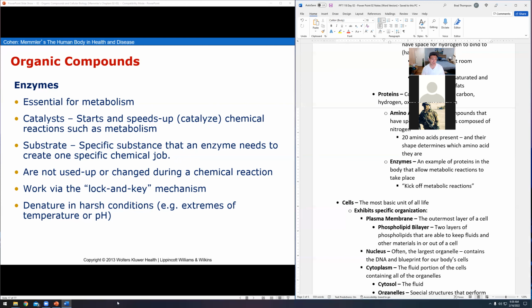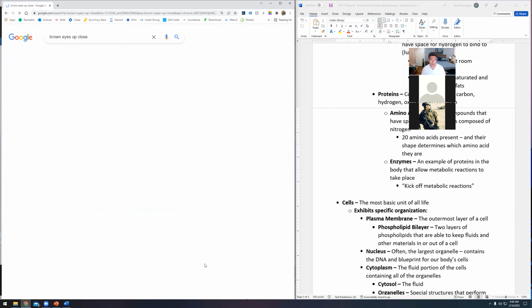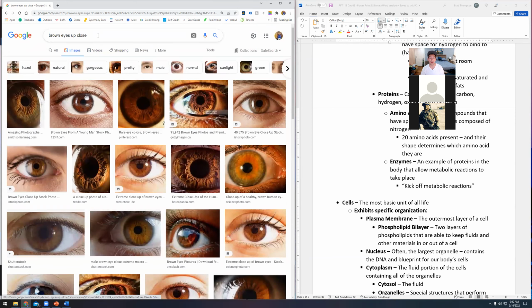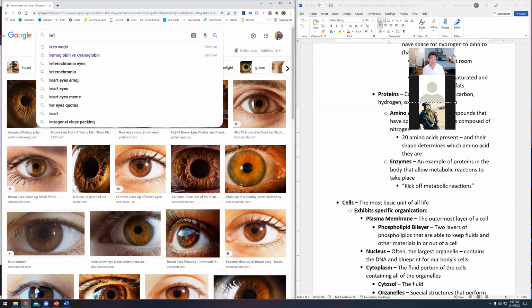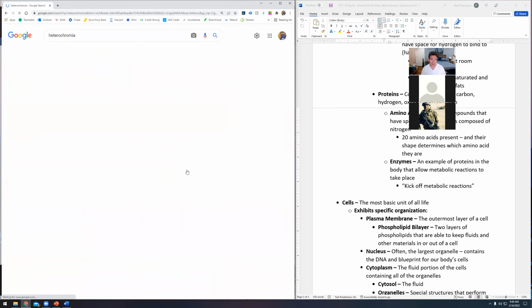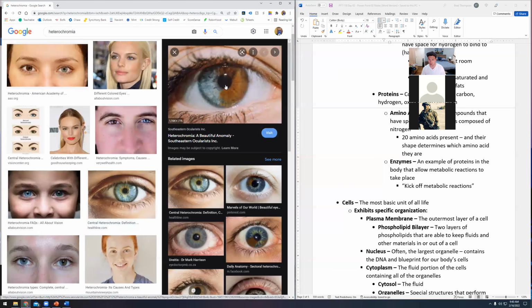And if you look really up close, you'll often see in the background a little bit of blue around the rings there sometimes. That's where you get people with heterochromia. You ever see that, guys? Heterochromia is so cool looking. It's where you get the multicolor, right? Oh, look at that one. That's so cool, right?